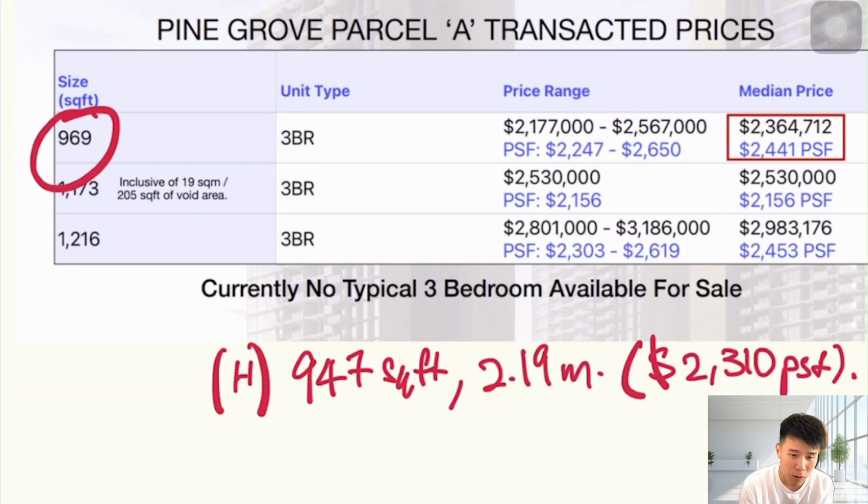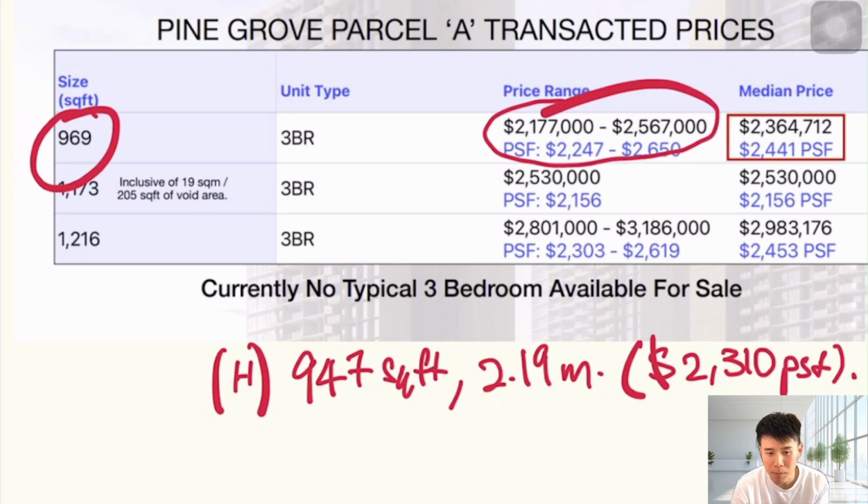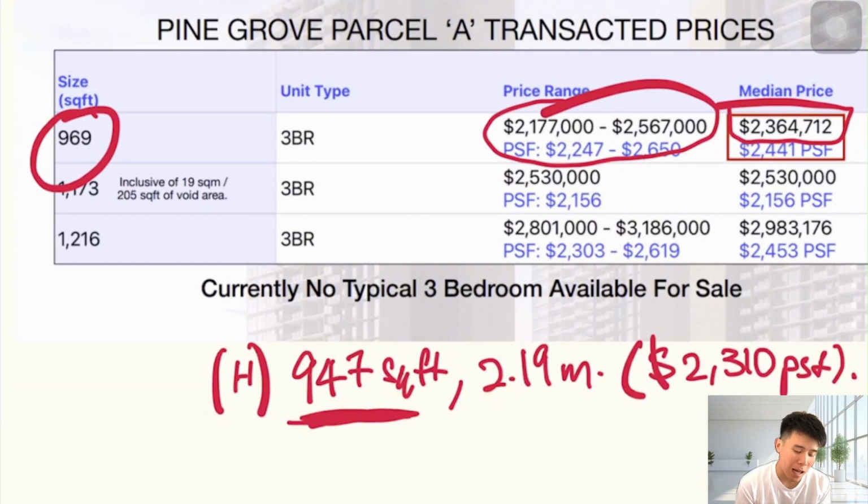The 969 square feet one, you see their price range from 2.177 to 2.567 million, and we are looking at a median price of 2.364 million. And Nava Grove, 947 square feet under harmonization ruling, so this one is actually a lot bigger than this Pinetree Hill layout, and we are looking at a difference of almost